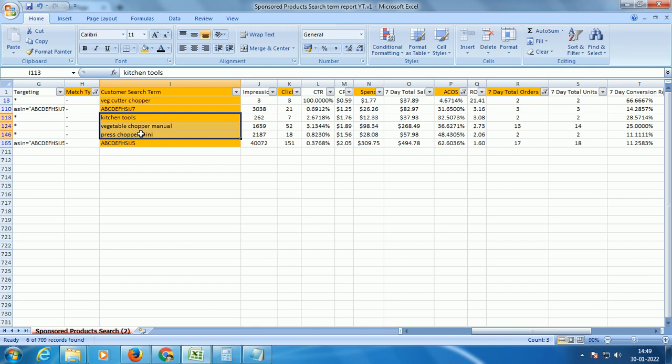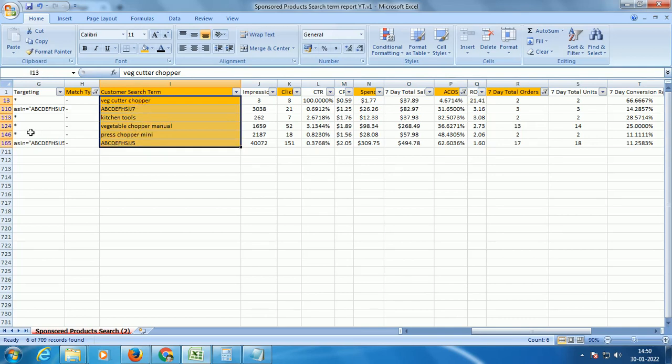For all the remaining search terms, I'm going to create separate broad and separate phrase match campaigns. I discovered a couple of keywords from my auto campaigns, and now I want to look for a longer tail version of these search terms or keywords. That should be my goal. When it comes to ASINs, you can definitely run separate ASIN targeting campaigns and snatch a couple of your competitor's sales. But at this point, be very clear: for all your customer search terms listed here, you're going to run a separate broad and phrase match campaign. Once you do that, you're also going to negate these words from the corresponding auto campaigns.